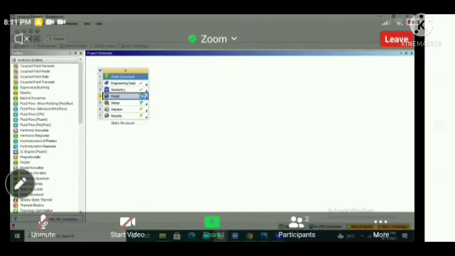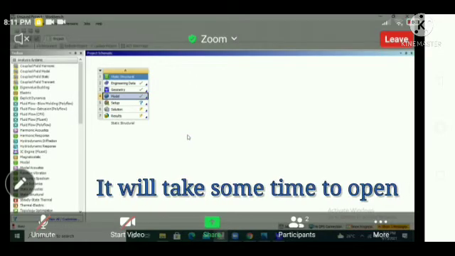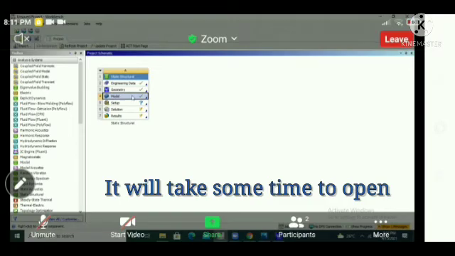Now double click on model to open the new page where we can do meshing and all things.